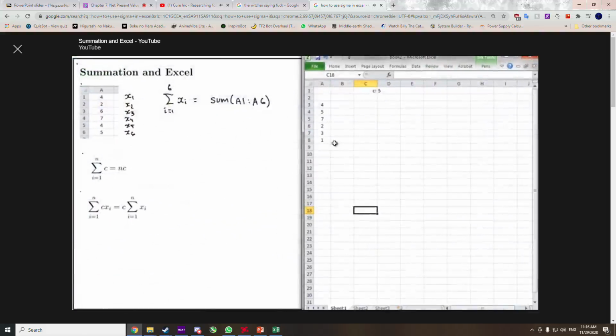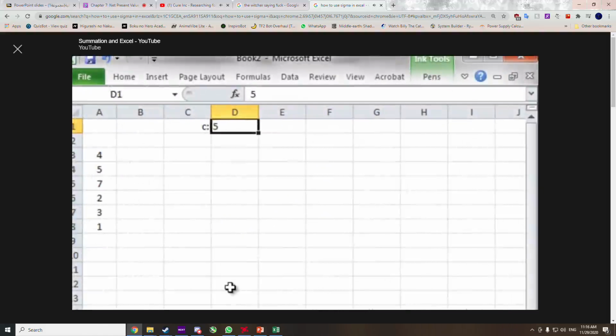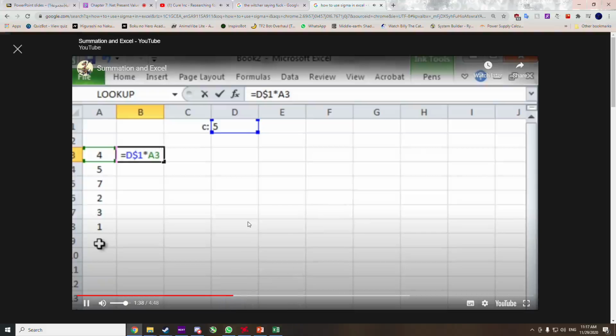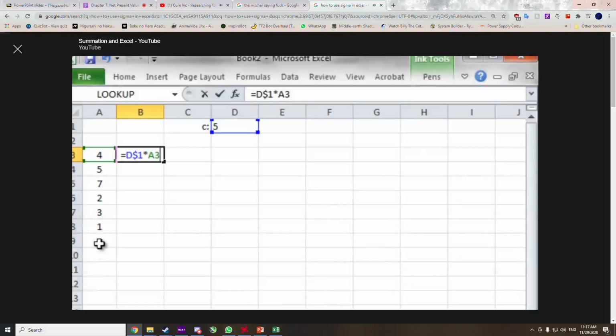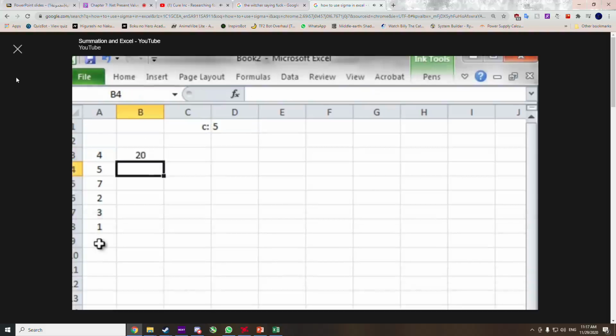To illustrate the next rule, taking the constant out of a sum, I've put a constant here in cell D1, 5. I have n equal to 6 numbers, so my x1, x2, and so on, all the way to x6. In cell B3, I type equal to D1 times A3. So that's C times x1, with a dollar sign in front of the 1 so that the 1 doesn't increment when I copy this cell down. 5 times 4 is 20. I make a copy of this cell. So here I have C times x1, here I have